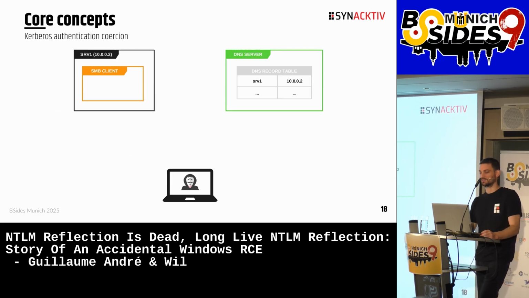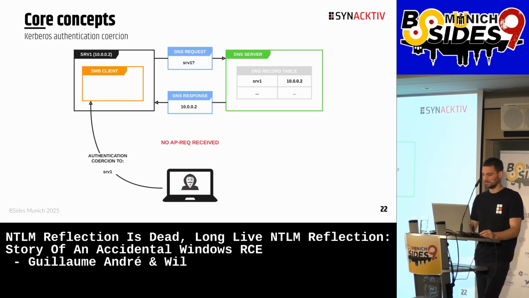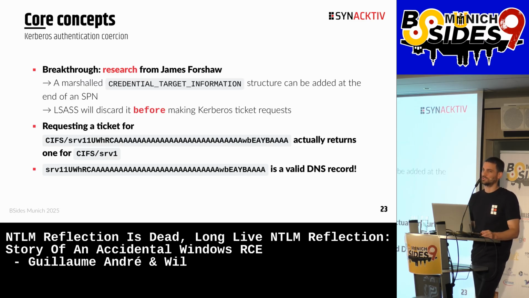So if you want to illustrate that, again, from the attacker laptop, we try to perform coercion using the Kerberos protocol, using the hostname, here SRV1. Then our target SRV1 will ask the DNS server what is the associated IP address. It needs to perform DNS resolution. Now you know how DNS works. The DNS will now answer back to the client with the associated IP. And because this IP is its own, it will not receive any incoming authentication and will not receive an AP-REQ message. So we thought at the start that Kerberos authentication coercion was not possible, until a well-known security researcher, James